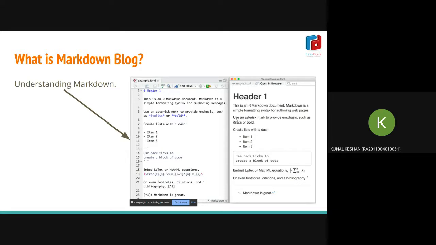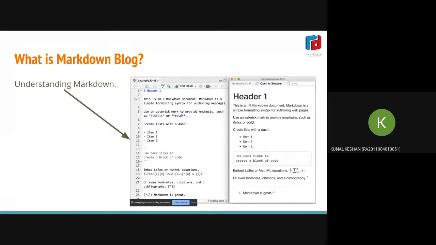For example, a single hash is an h1, two hashes mean h2, a dash means an unordered list item, and triple backticks enclosing text make a code block. You don't have to remember all those tags; whatever you type after that syntax will automatically be converted into an HTML-like format. So this is the base of the project.